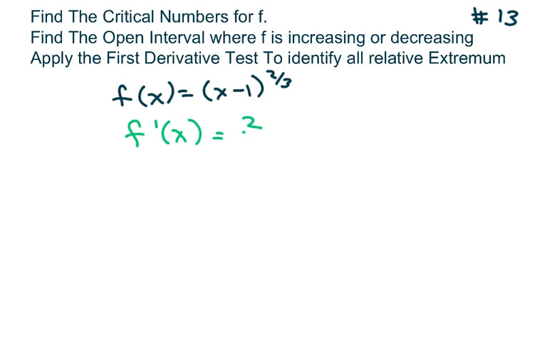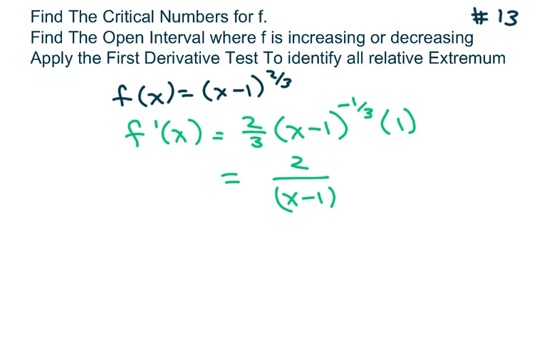So this is going to be 2/3 (x minus 1) to the negative 1/3 times the derivative of your inner function. And this is going to end up being 2 over 3 times (x minus 1) to the 1/3. We do have a point of discontinuity here at x equals 1. So we're going to use that as our critical number